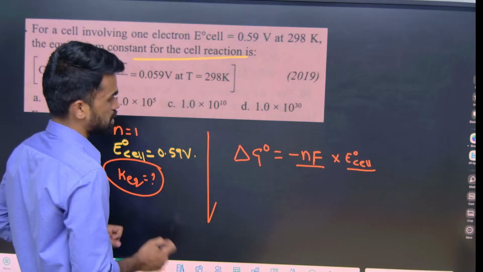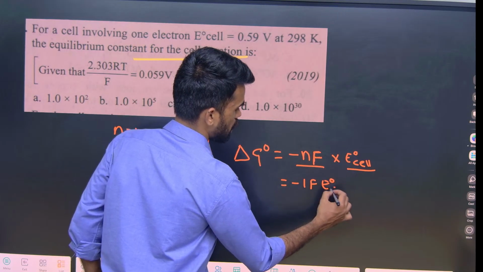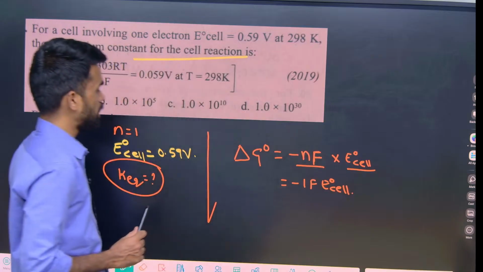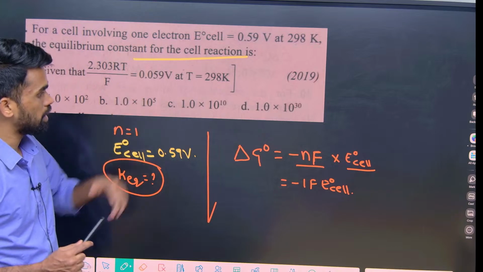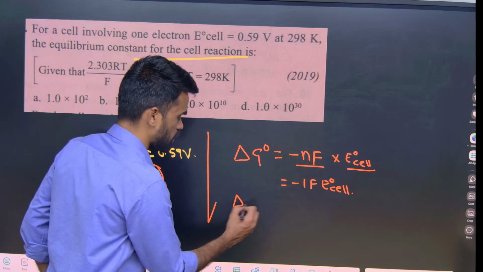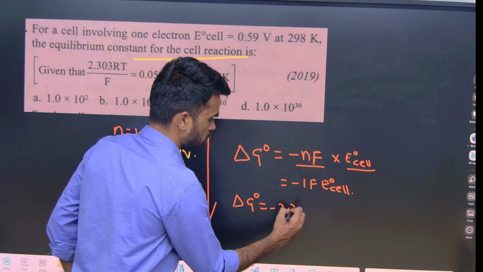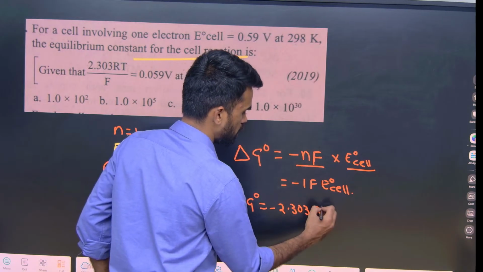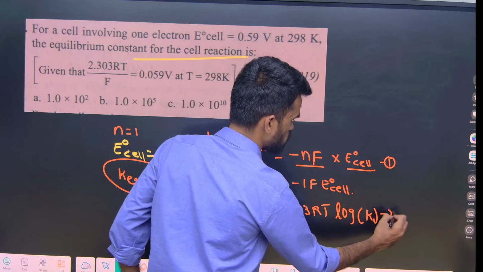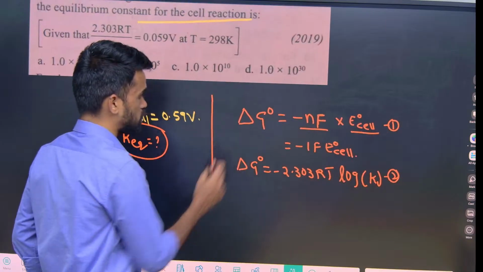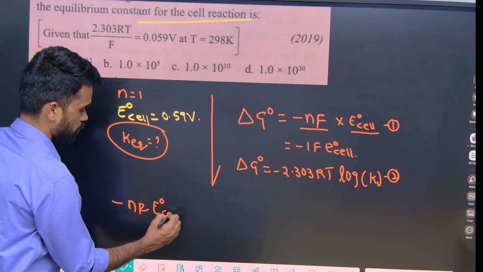Since they are saying it is 1 electron, you can say minus 1F E naught cell also. This is fine up to here, and they need to relate that with the equilibrium constant. We have one more equation, that is delta G naught equals minus 2.303 RT log K. This is equation 1 and equation 2. Both of them are equal to delta G naught only now. So let us make it as minus NF E naught cell is equal to